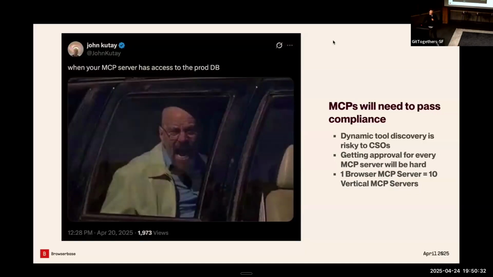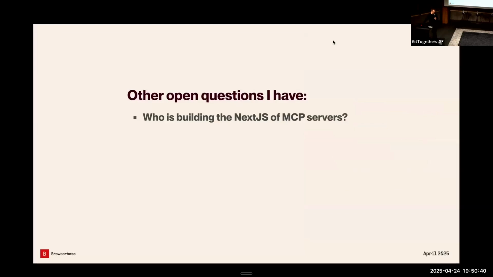So think about that. This is really a talk built for the people building MCP servers here, and maybe the people who are investing in them or thinking about them. These are some open questions that I really have about MCP. I'm really curious who's building the next JS of MCP servers. Like, what's the template that we're deploying, that we're using? Is that infra? Is that a framework? I think the tooling here can be improved, and if you're starting to build this,